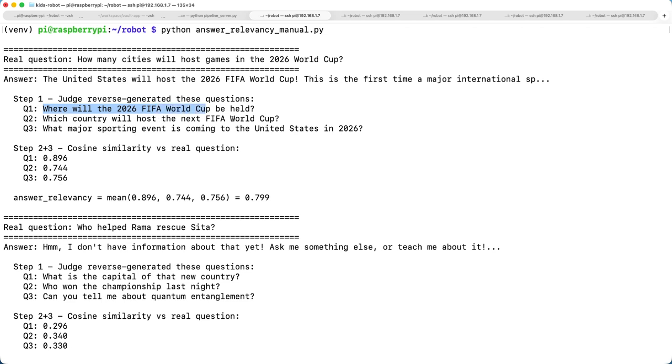Which country will host the next FIFA, and what major sporting event is coming to United States. So all these questions, now we are going to embed into the vector database. The embedding model is mxbai, and whatever embedding distance we get, that's what we are taking,